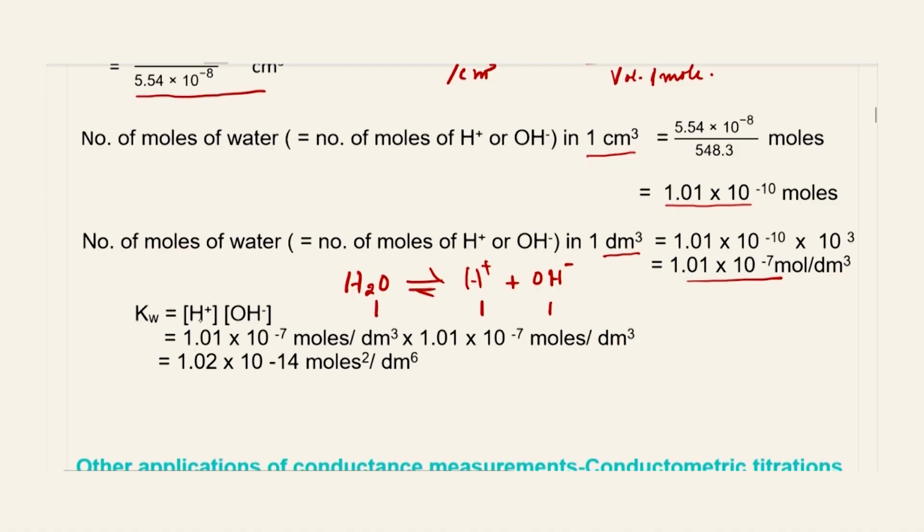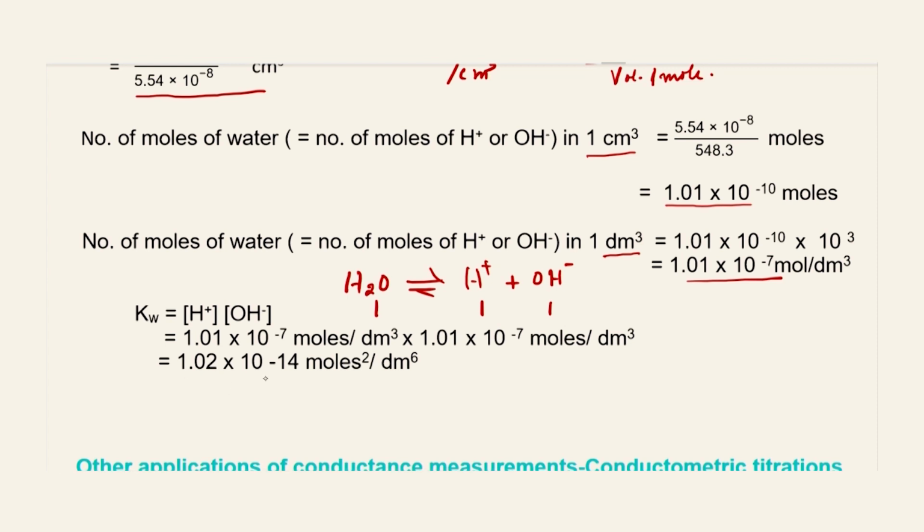And therefore, you can substitute for ionic product of water as Kw is equal to molar concentration of H plus into molar concentration of OH minus, and the value is 1.01 into 10 to the power minus 7 moles per decimeter cube for H plus, and the same for OH minus. So, again multiplied by 1.01 into 10 to the power minus 7 moles per decimeter cube, which makes the value as